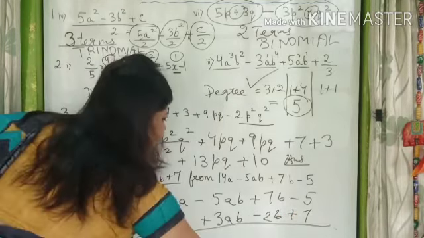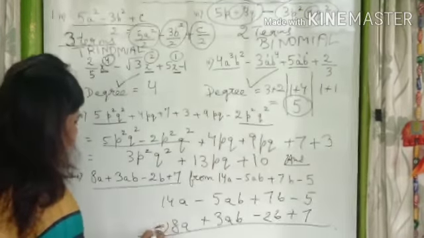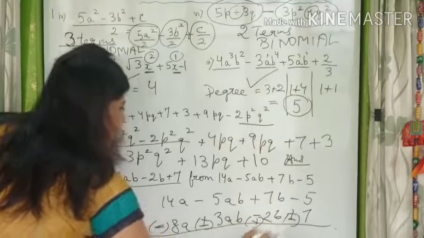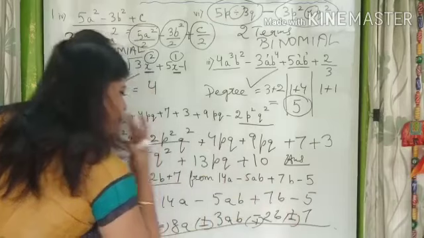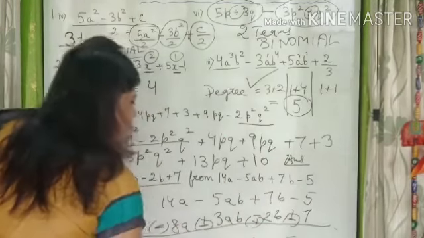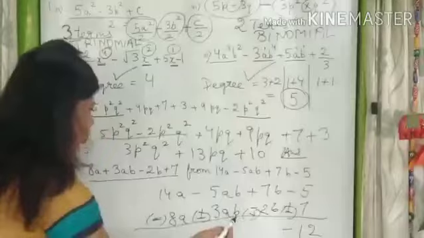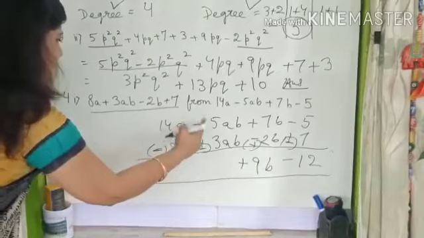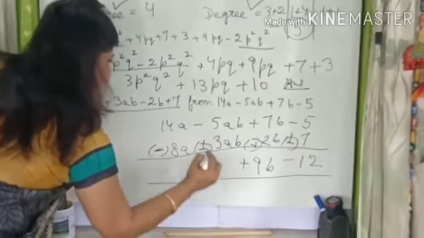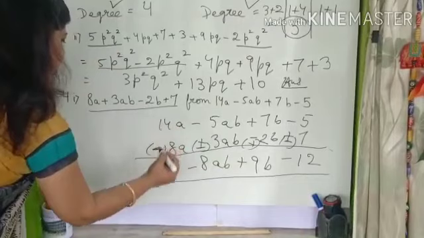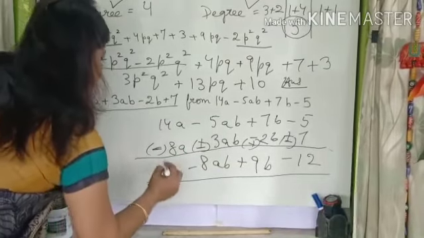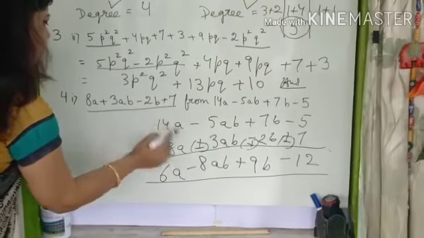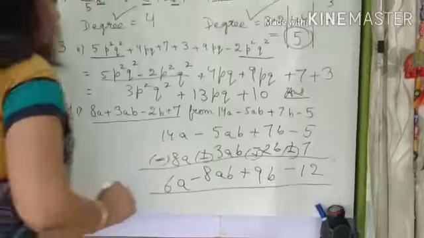What is very important here? Change the sign. Minus, minus, plus, minus. So 5 minus 5 minus 7. Answer 12. Here you come. Plus 7 plus 2. So plus 9b. Minus 5 minus 3. Minus 8ab. 14 minus 8. 6a. Positive. 14 is positive, the greater number. So here is also plus.